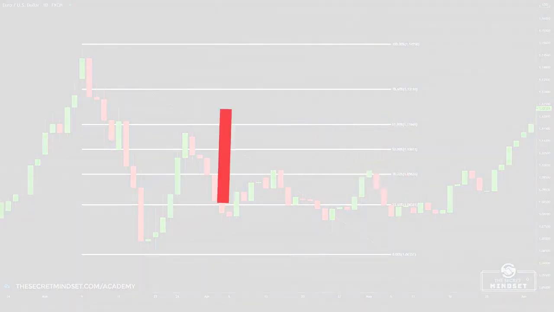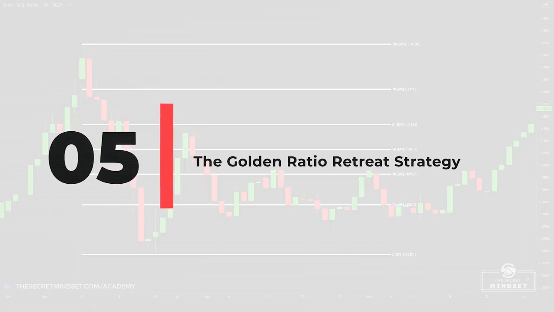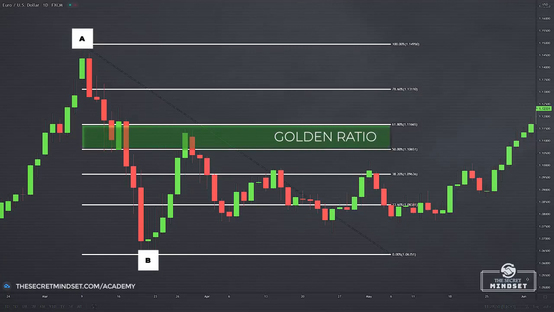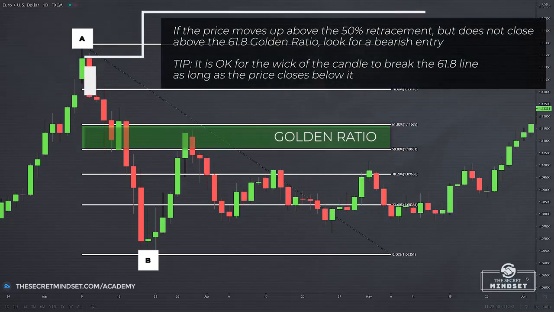Number 5. The Golden Ratio Retreat Strategy. The 61.8 level is called the Golden Ratio. Here's how the Golden Ratio Retreat Strategy works. In this example, we found this downtrend and applied the Fibs. If the price moves up above the 50% retracement, but doesn't close above the 61.8 Golden Ratio, look for a